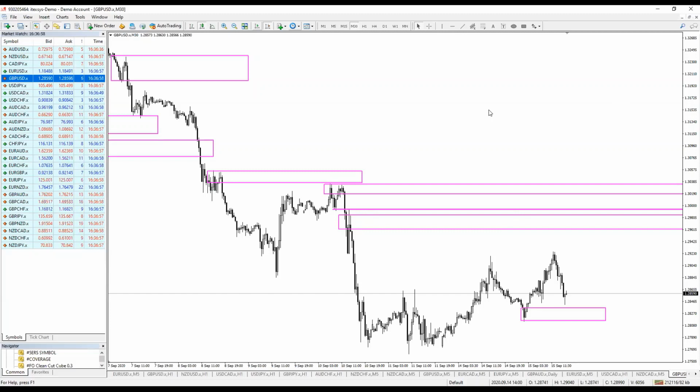Where was the reaction at the level that you've marked? Where was it ending? Was it at the opposite zone? Was it at a zone that can be found on a different time frame? Look for these things